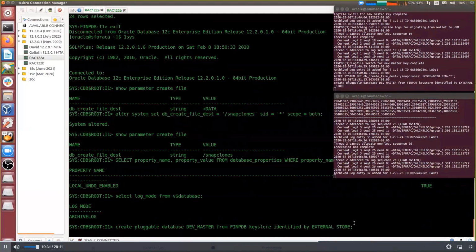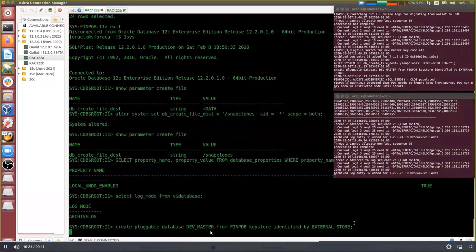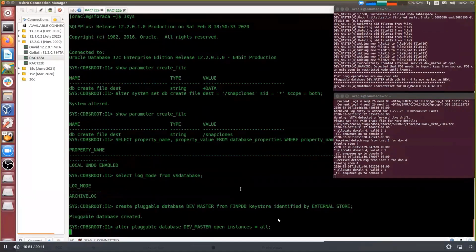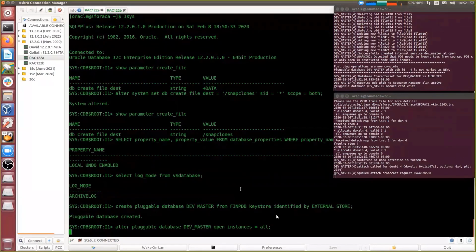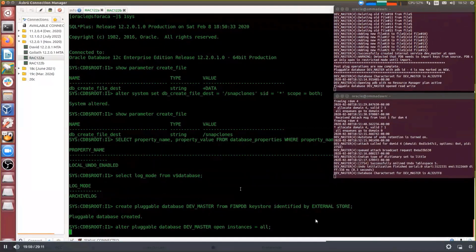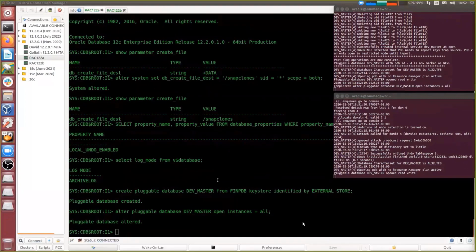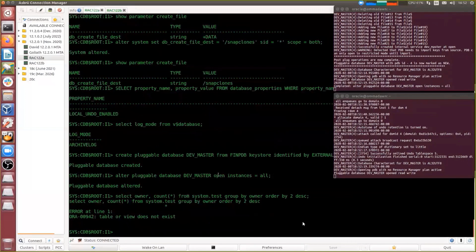So here I create a pluggable database dev master from our production database without taking it down. Keystore identified by external store. Because there is key material involved, I need to take care of this. So now I created a pluggable database dev master. Dev master is a clone of our FinPDB and firmly believes, and is correct in a certain way, that it's the original because it's exactly like the original. So that dev master still uses the same key that FinPDB used. That is why the first thing that you do after you